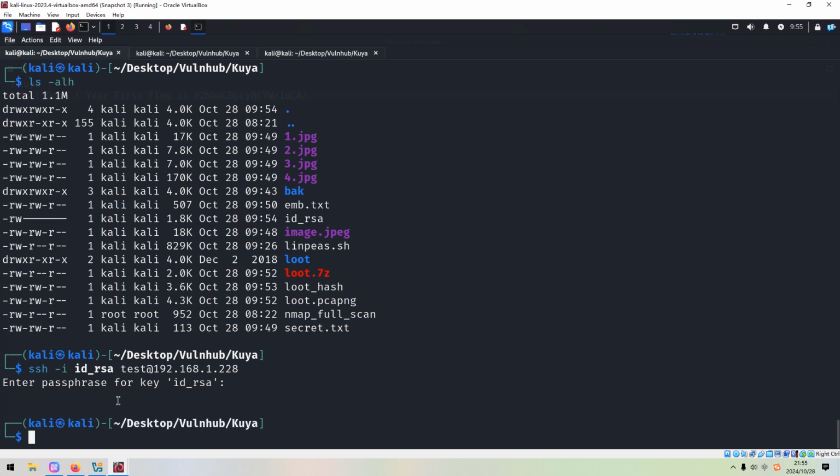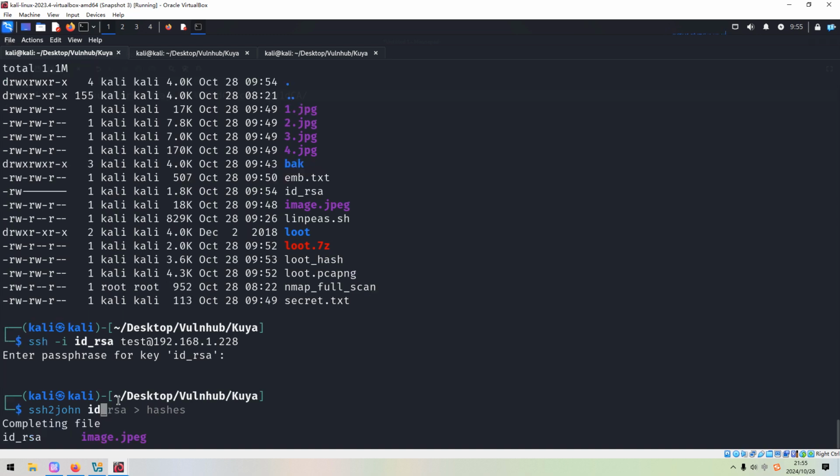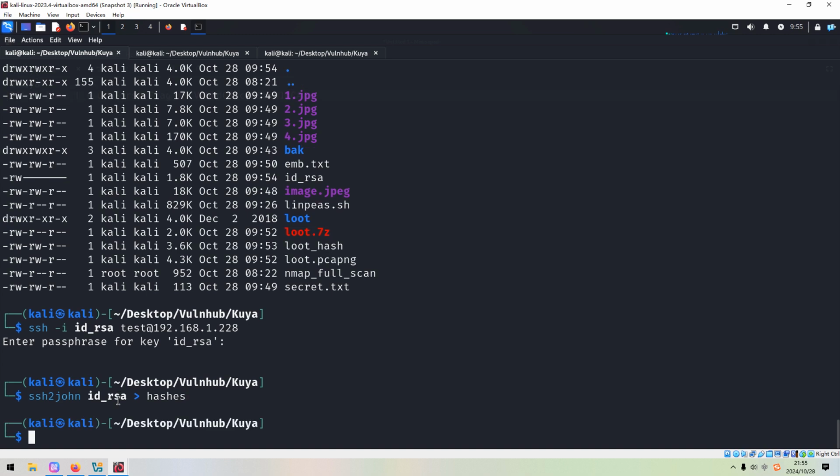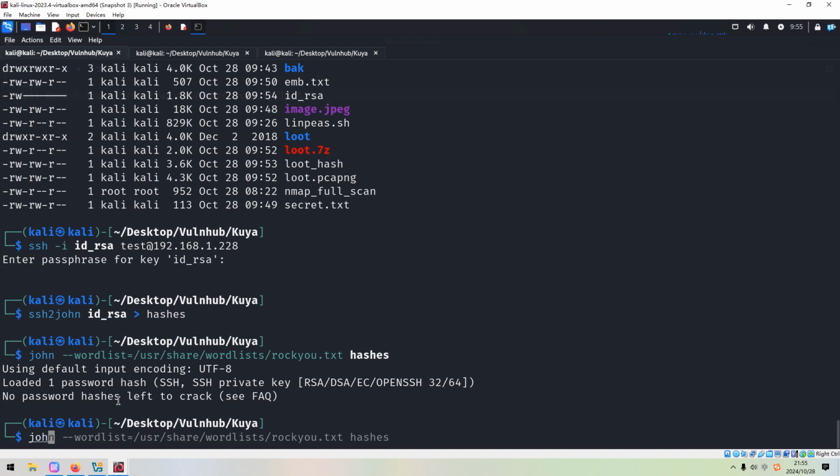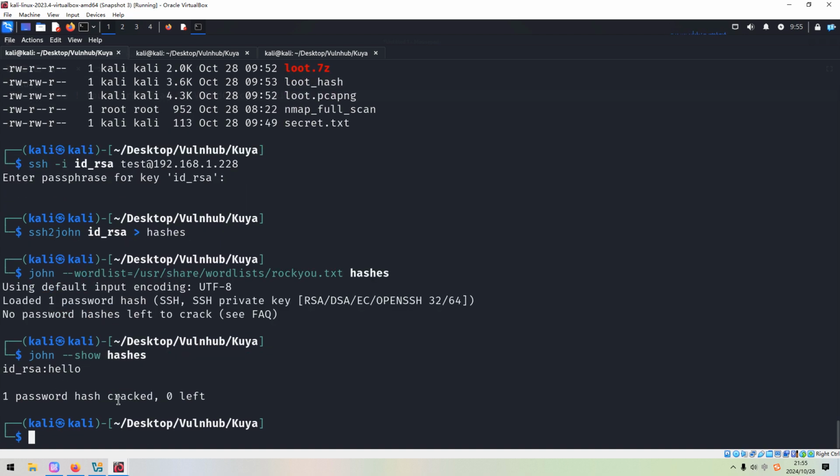Don't worry, we can use ssh2john to convert this to a hash value. Then we can use John the Ripper with a word list to decode it. And again, we can use the show option to display the passphrase.